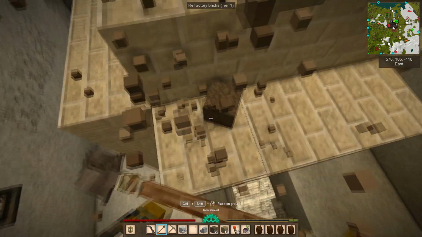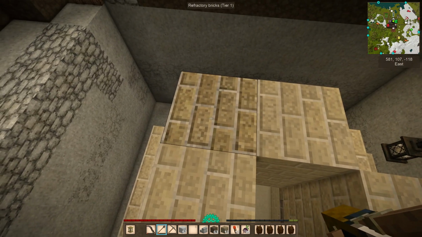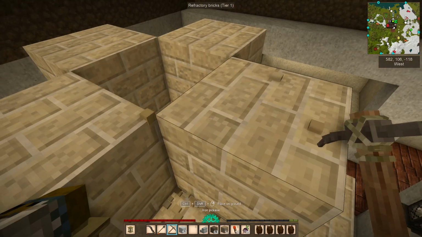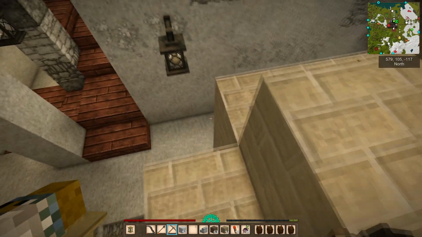Let me have a quick look round. Yeah, that's the chimney. I don't think I need that brick. Let's have a look. No, that looks okay to me. Now if we pop down here